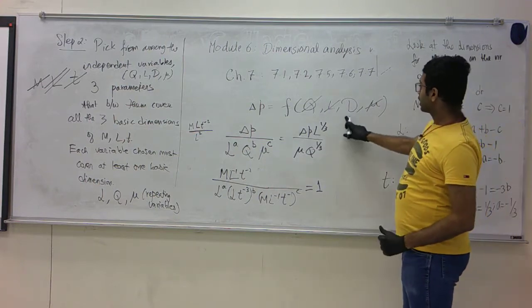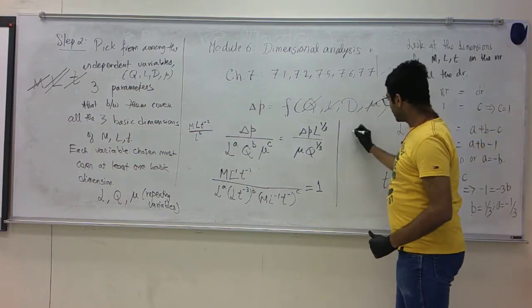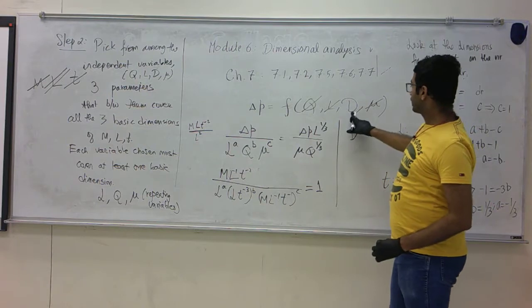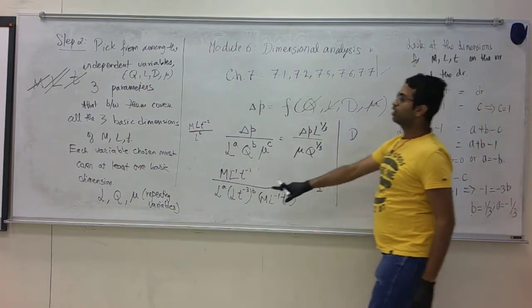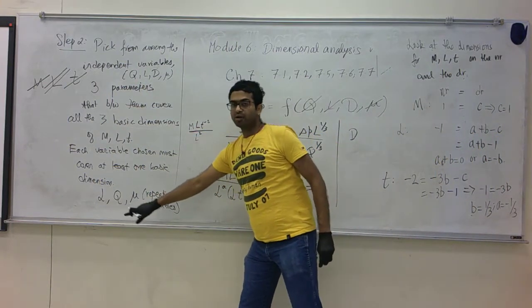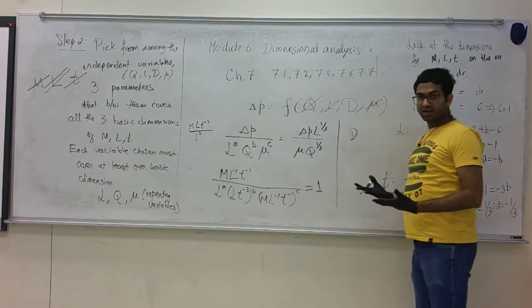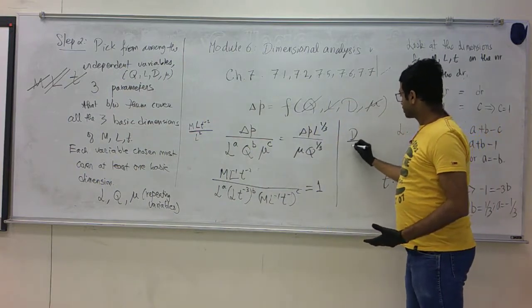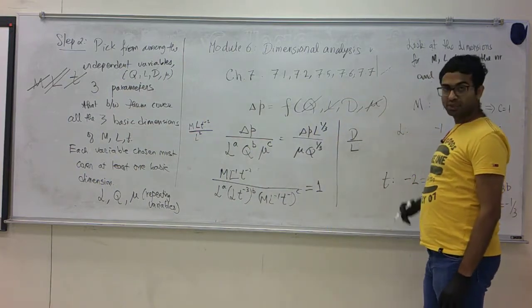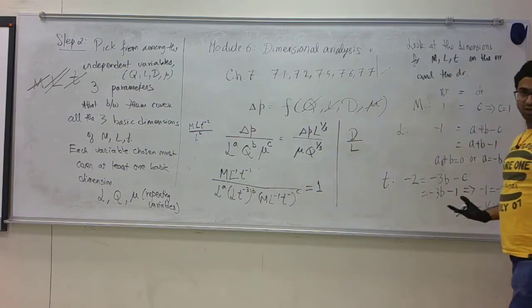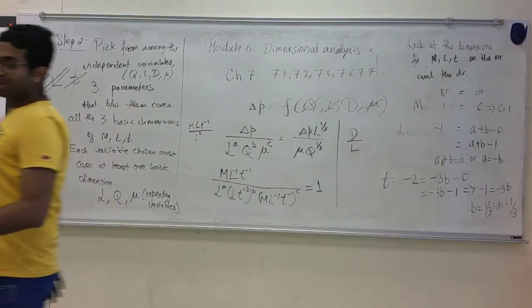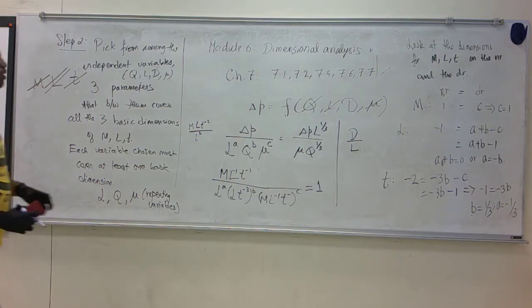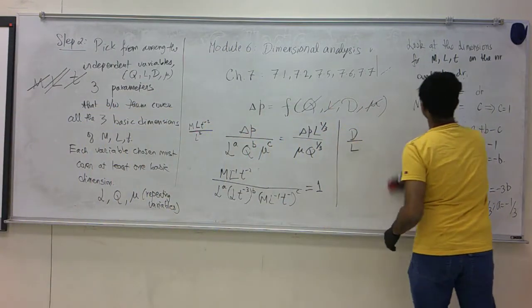Okay, and the remaining variable I have here is D, and obviously if I were to describe D, Q and mu would not be involved because it's just a length scale. So I'm just going to write this as D divided by L. That is my second dimensionless group. So having said that, what I have remaining here